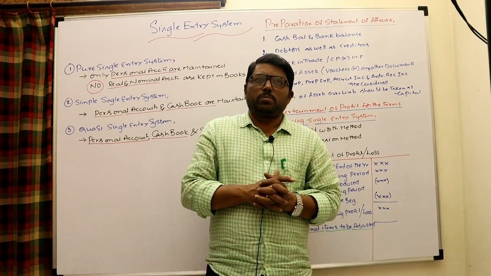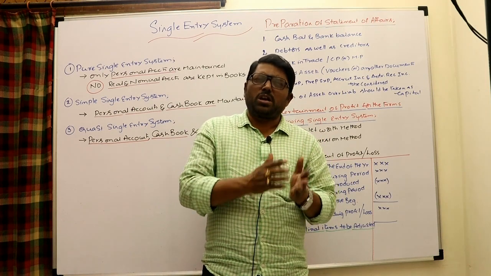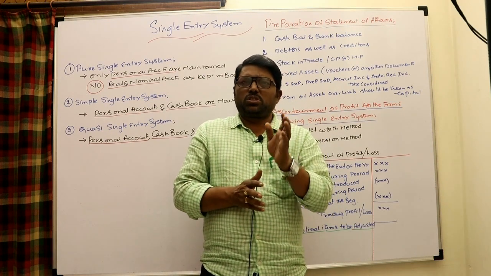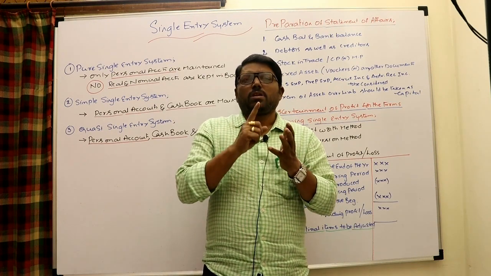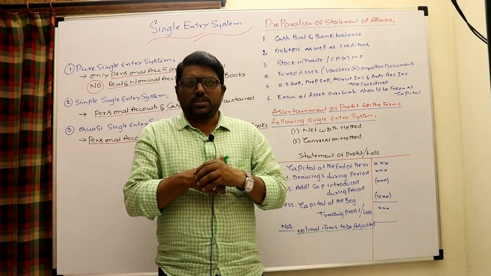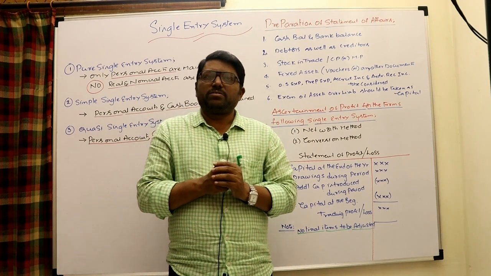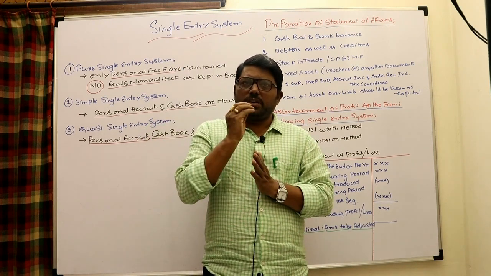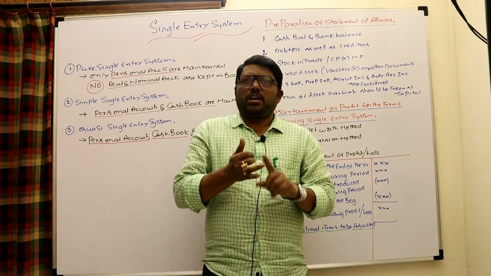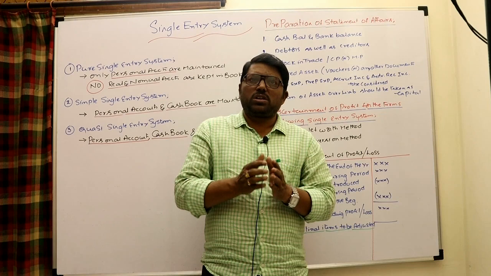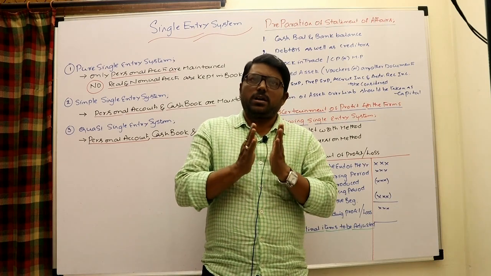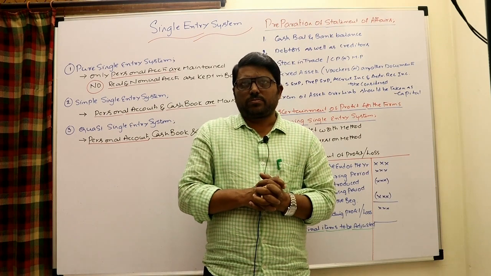So we know very well about double entry, and we have been learning about the double entry system for a long time. The process started with journal, followed by ledger, and followed by trial balance and final accounts, and all that is part and parcel of the double entry system. So I already defined very clearly: double entry system means in every transaction two aspects are there, receiving and also giving. If both receiving and giving aspects are recorded, that system is known as a double entry system, which is a perfect, scientific, transparent system of accounting.